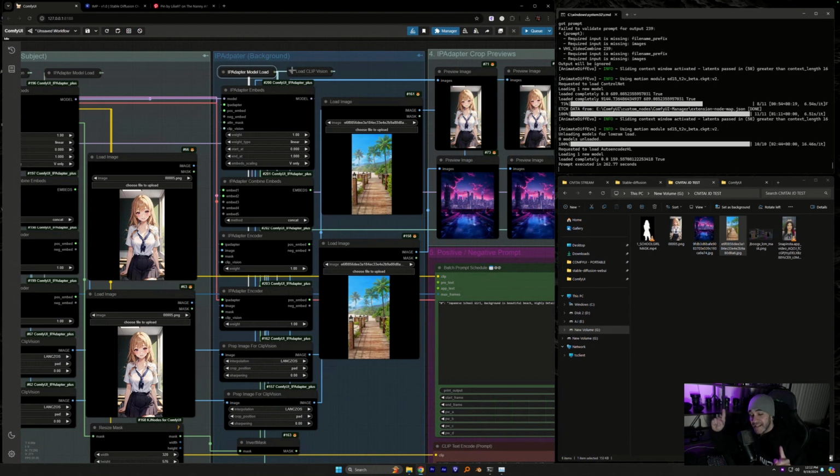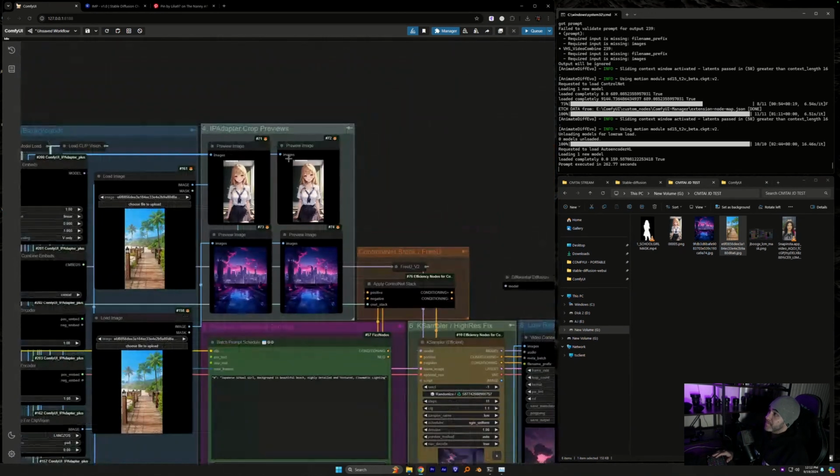But I've had a lot of instances where I've used different IP adapter models for the subject and for the background, and I would not have gotten the really great final result that I got without using the IP adapter plus in one and the IP adapter normal in the other. So keep that in mind.